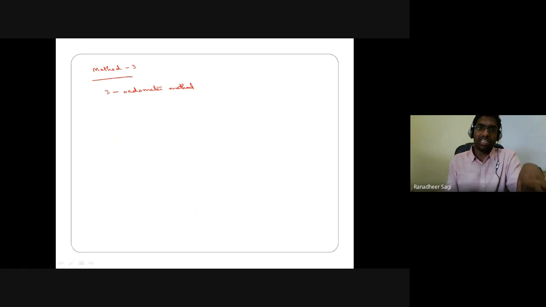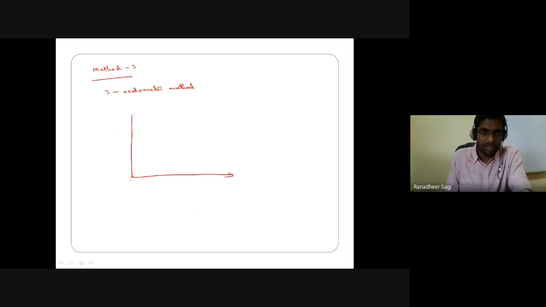3 identical soil samples collected from the same depth from the field, from the same location at the same depth. You are going to be collecting 3 identical soil samples. Those 3 identical soil samples are going to be placed in 3 oedometer test setups. Okay, so let me plot that graph, what I am trying to talk about, e versus log sigma dash.